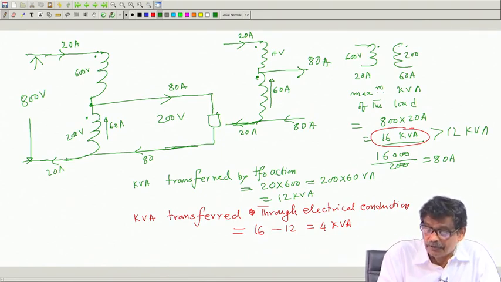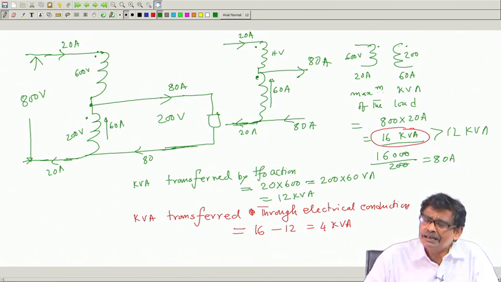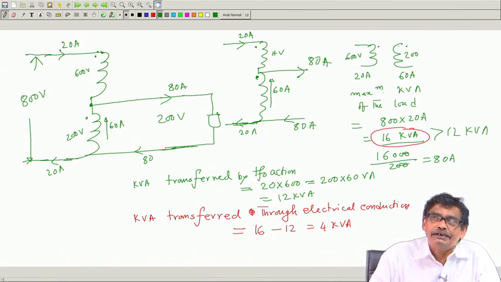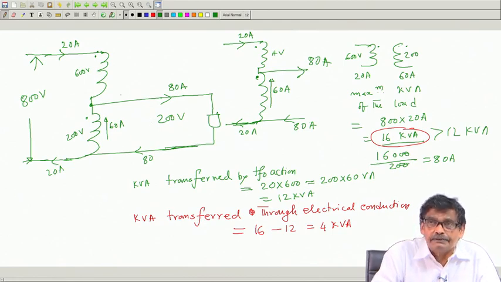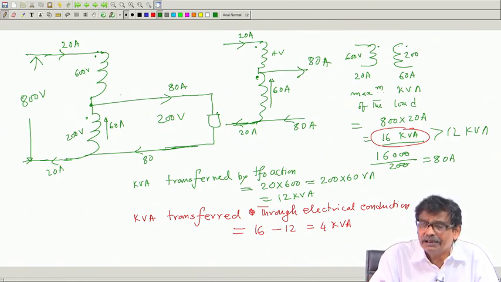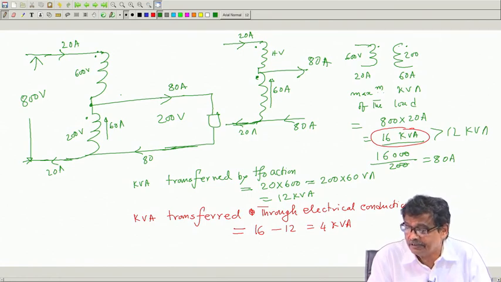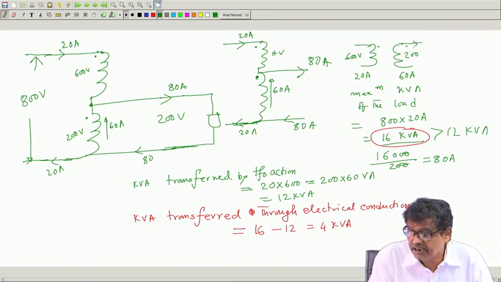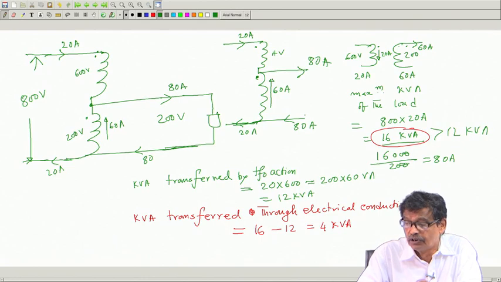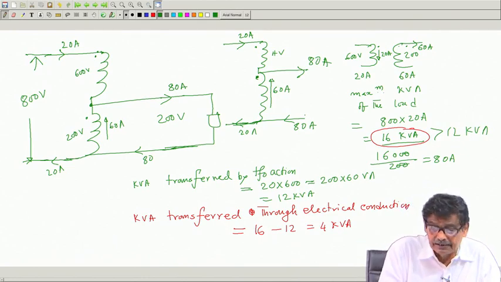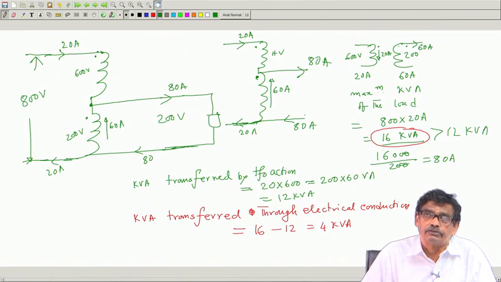See, when a two winding transformer is connected in auto transformer form, the primary and secondary windings are really unaware of the fact that you have connected them in this manner, unlike in a two winding transformer. It only knows this much: if it has to deliver 60 ampere, the moment it delivers through the dots here, 20 ampere must come in. That is its duty. Voltages are rated voltages, and based on that, all the calculations go.